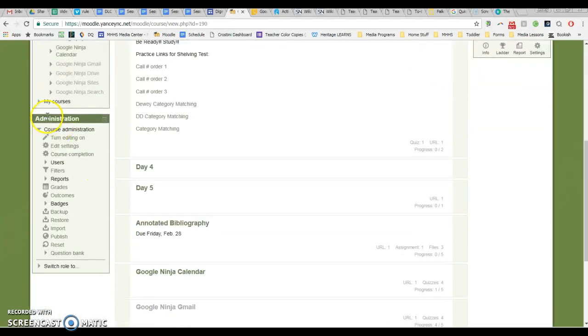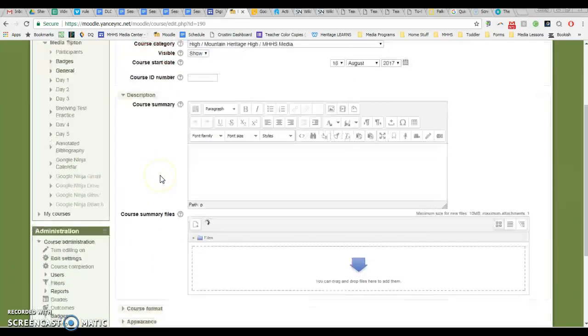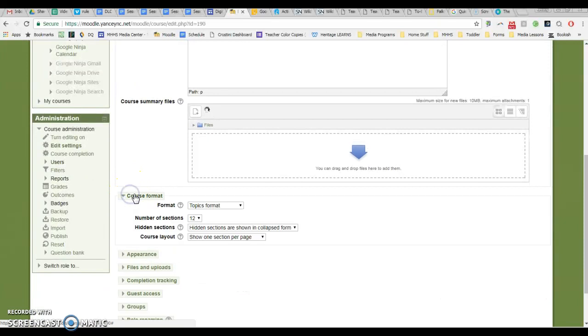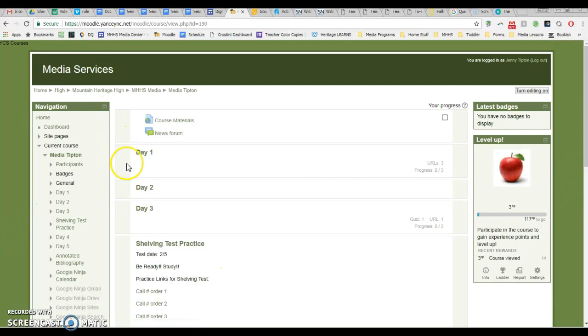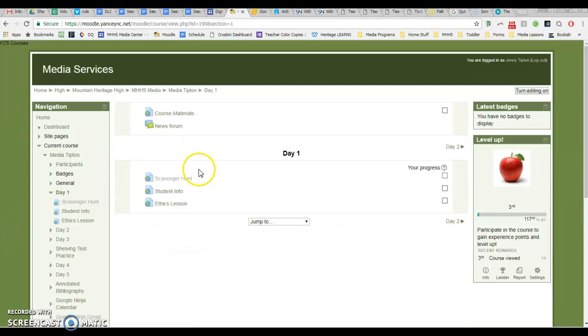you will go over here to your administration block and go to Edit Settings. And under Course Format, for this to work, it has to be on Topics format. And then you're going to show one section per page. Most likely, a lot of you have all sections on one page. So show one section per page, and then you'll save it. And that will create just one little block that they have to click on to see everything else